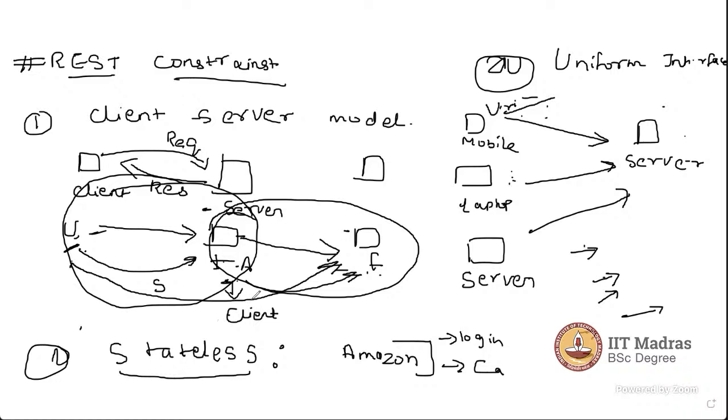So this is all about REST. What is an API? I will tell you. What is REST? I will tell you. How can we make an API a RESTful API? These are the constraints which are important if you are making a RESTful API. So these are all the things regarding it.